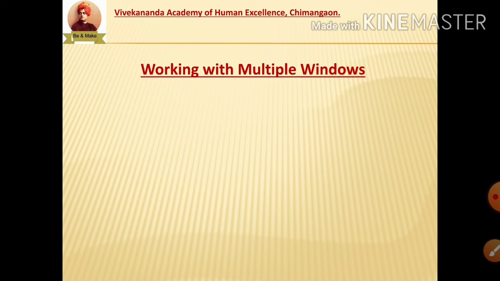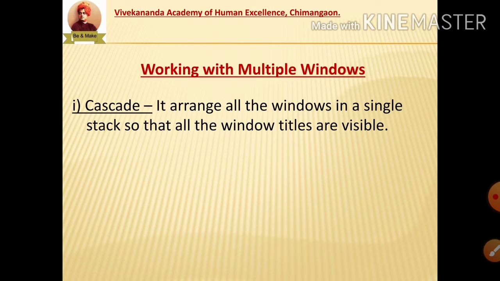Now the next point is working with multiple windows. How we can work with multiple windows in the Windows 7 operating system, that we are going to learn over here. There are different options to work with multiple windows. The first option is cascade.